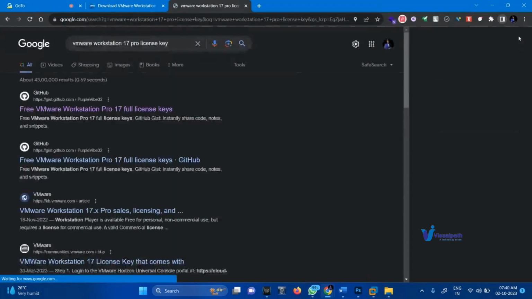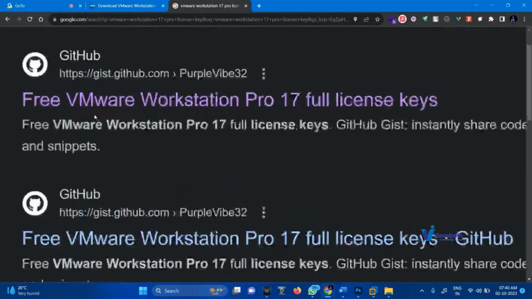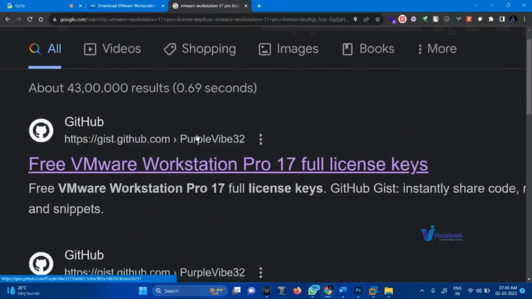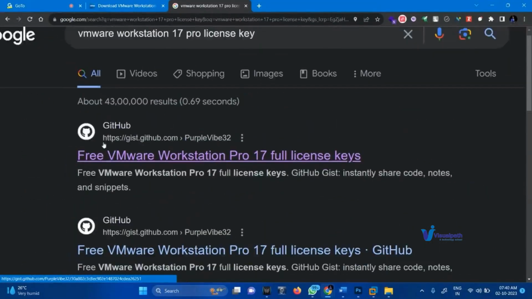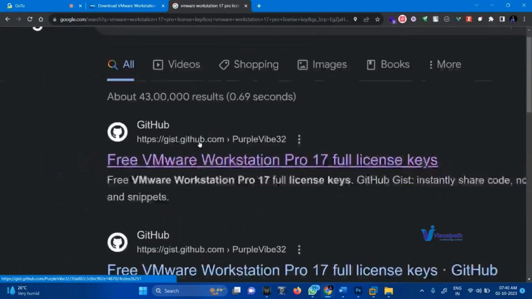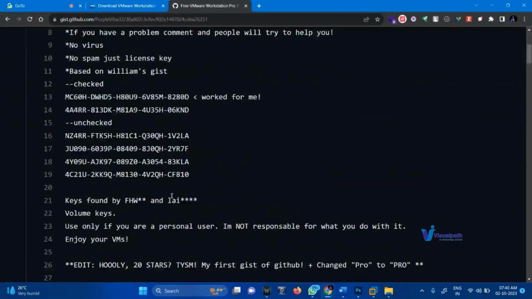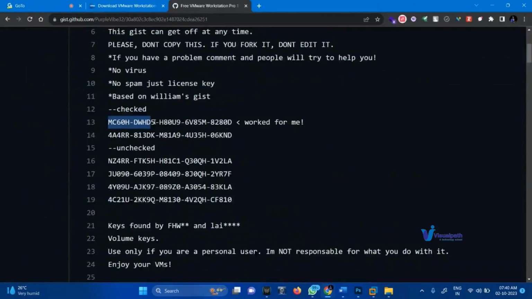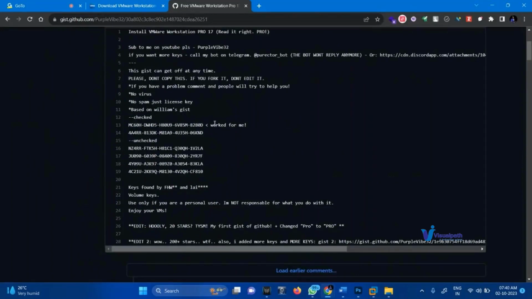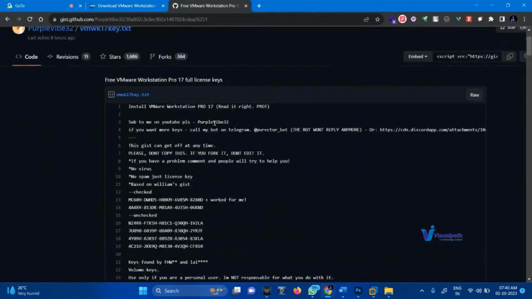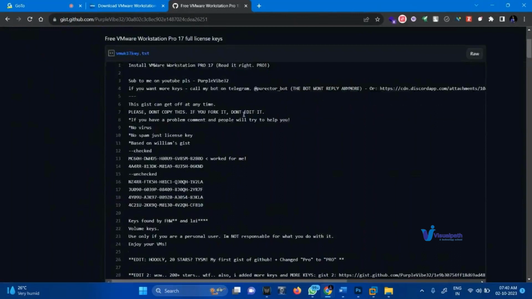When you search like this, you will get results from GitHub. When you click on the top result, you can find a lot of license keys. Use the primary license key, then it will work. This will be useful for the latest version of VMware Workstation. Then you will get the premium license. Okay, now